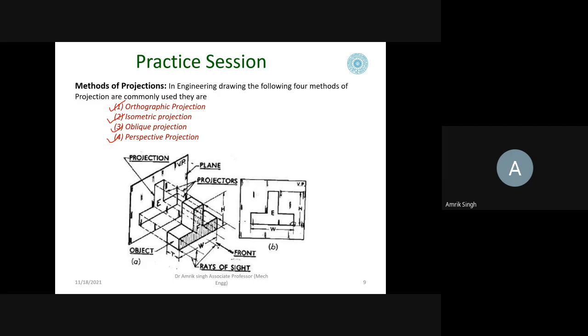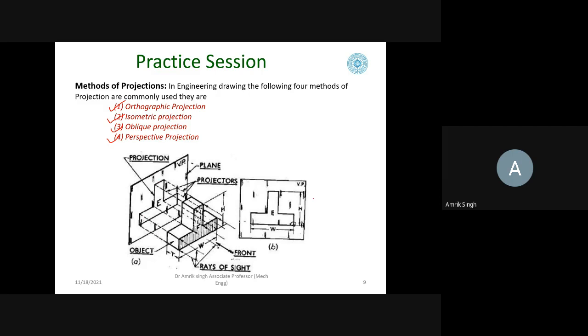You see, it is an object. These are the rays of light or lines of sight. Front is this, so this is a vertical plane. When the line of sight is drawn from here, the image is formed here like this.